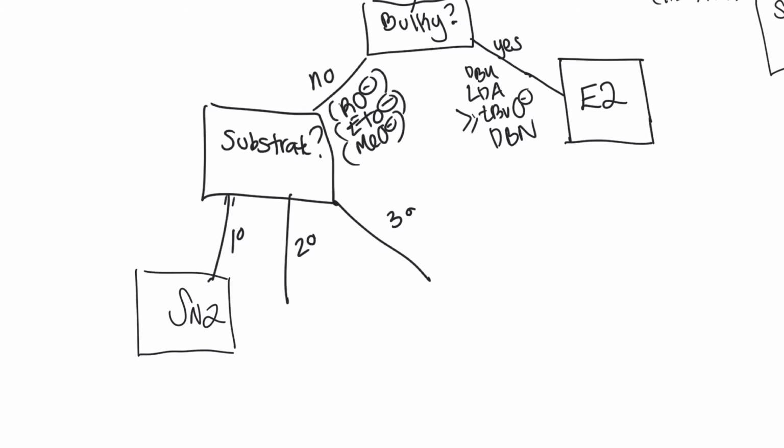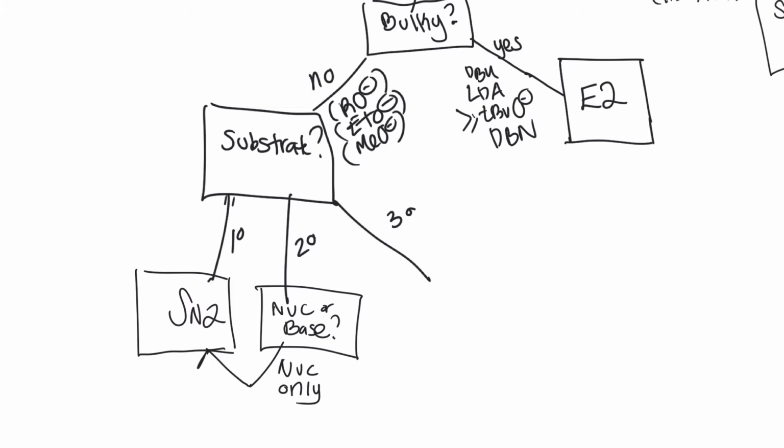So primary or smaller. Secondaries, where we got to ask ourselves again, well, it could actually go both ways. So let's ask ourselves, do we have something that's a better nucleophile or a better base? Look at what's over the arrow. Things that are nucleophiles only are going to go SN2. What's a nucleophile only? Things that when they grab an H, they become a strong acid. So something like nitrile, cyanide anion. So I'll just say EG.